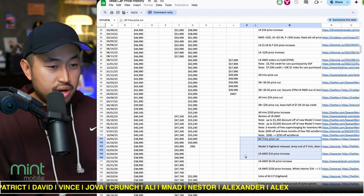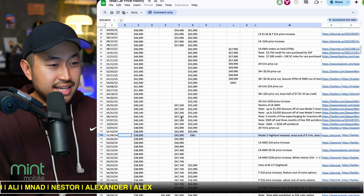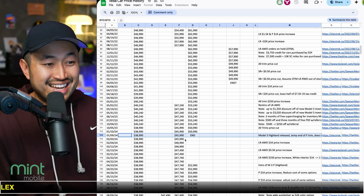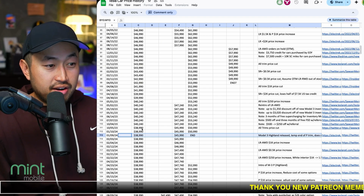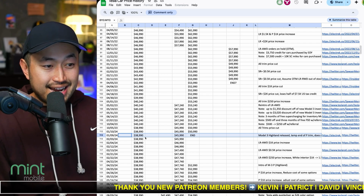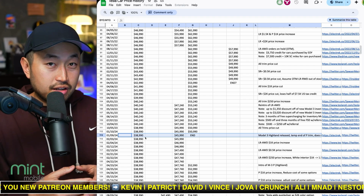Right here, this row is when the Model 3 Highland released, and you can see the long range went from $47,240 down to about $46,000, so about $1,000 cheaper. Same scenario with the standard range. It went from $40,240 down to $38,990. So it essentially was about the same price,